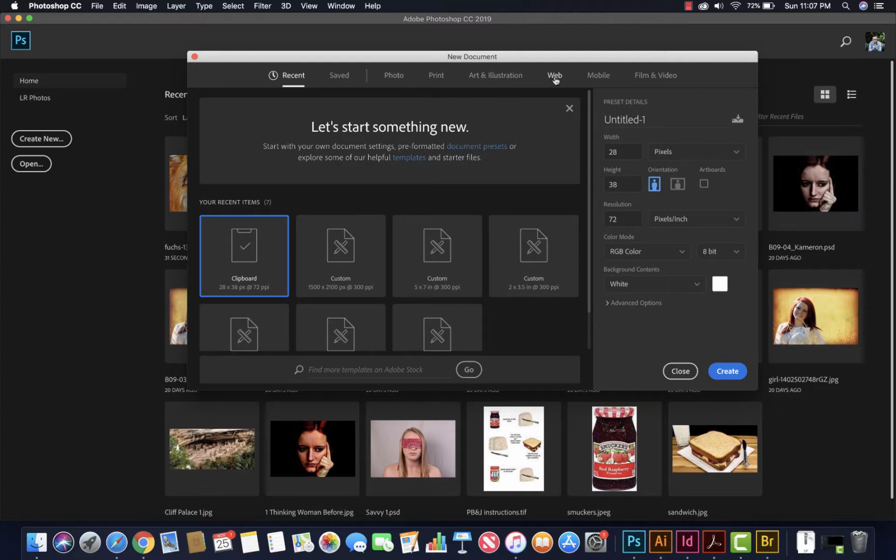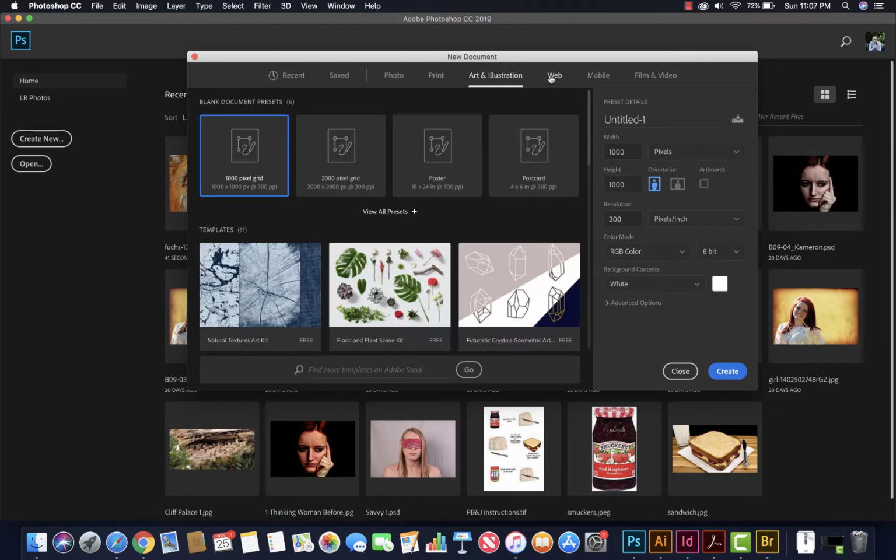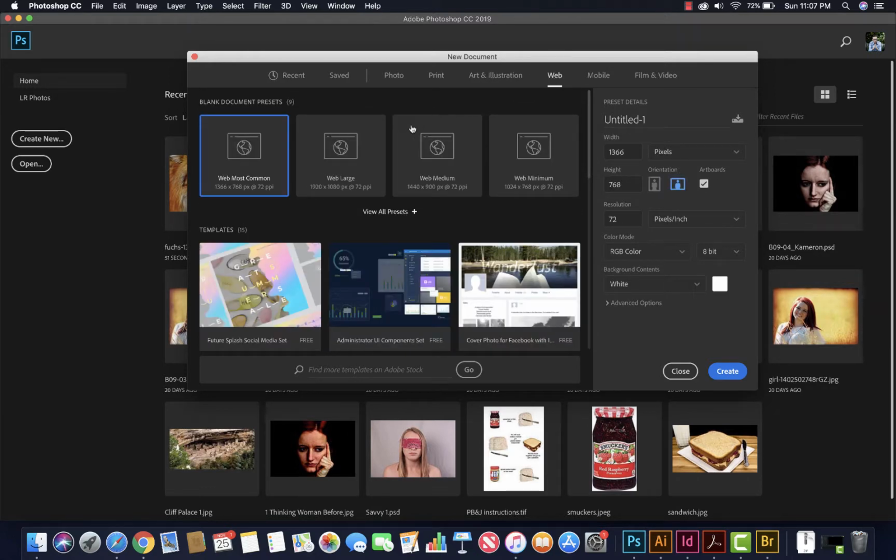Is this going on the web? Is this for a mobile app or development? Are we doing film, video? And decide and ask yourself, what are we using this for? You know, for this case, let's say we're going to do art and illustration. No, let's change that. Let's do the web. What it will do is it will